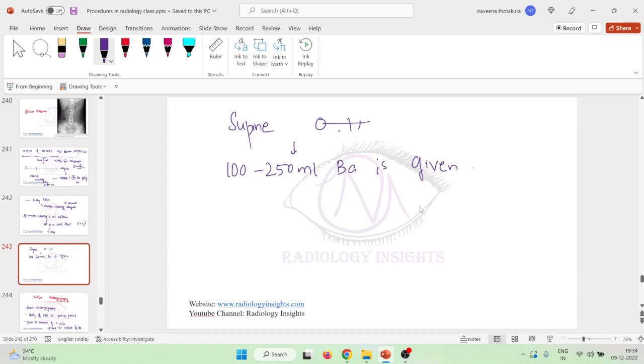Okay, and now you will again take the films, X-rays. First, X-rays are taken which are filling the fundus. First you will take the X-rays which are filling the fundus, and this is taken with different oblique views. You will have to take oblique views for this filling of the fundus. Then